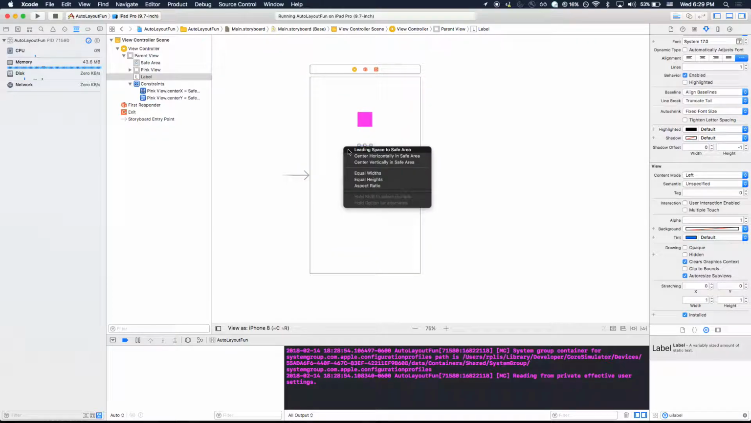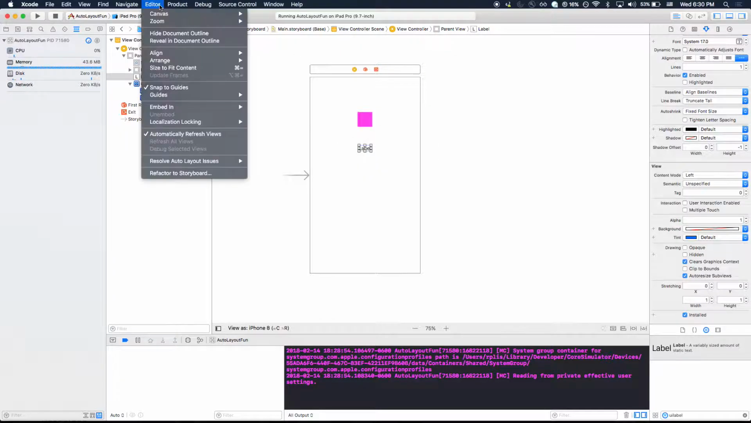And another thing, there's also these things called margins. So the safe area would be all the way fully to the left. iOS has these built-in margins, and the way you get them is holding down the Option key. The Option key is something you can do all over the place. So if I go to Editor,